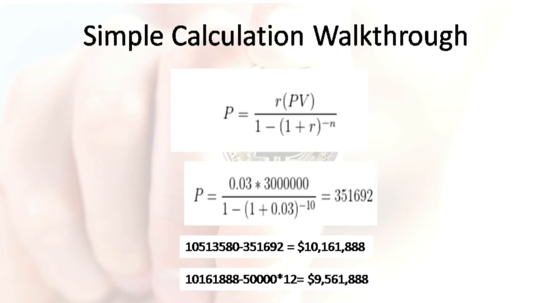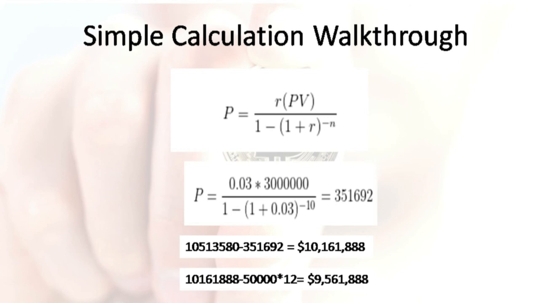Let's say that there are yearly payments. So for 10 years, N will be 10. Plugging into the formula, we have P = 0.03 × $3 million / (1 − (1 + 0.03)^(−10)), and that equals $351,692. So we need to deduct the payment from your earnings. That will be what's left, which is